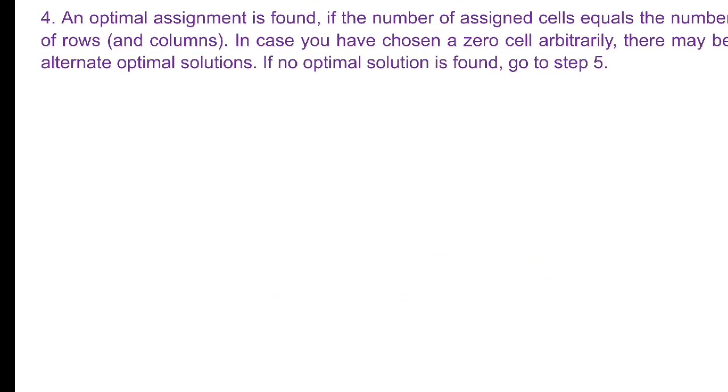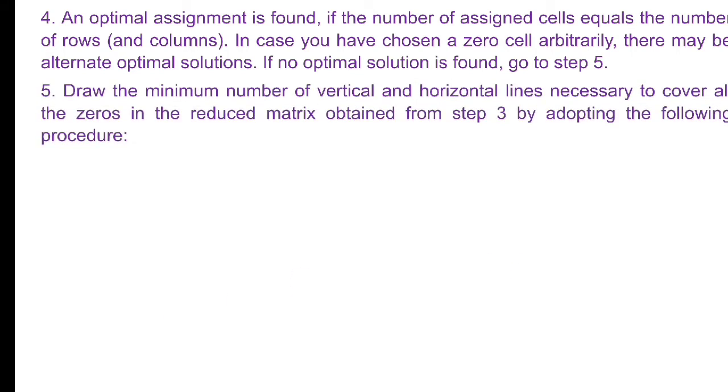An optimal assignment is found if the number of assigned cells equals the number of rows and columns. If you have chosen a zero cell arbitrarily, there may be an alternate optimal solution. If an optimal solution is not found, go to step 5. Draw the minimum number of vertical and horizontal lines necessary to cover all the zeros in the reduced matrix